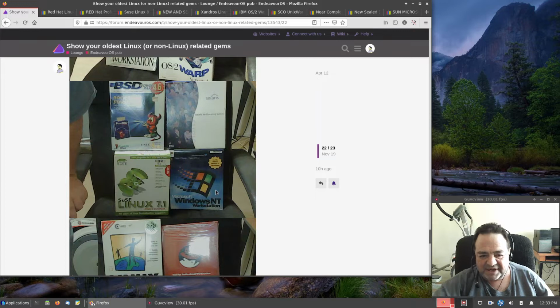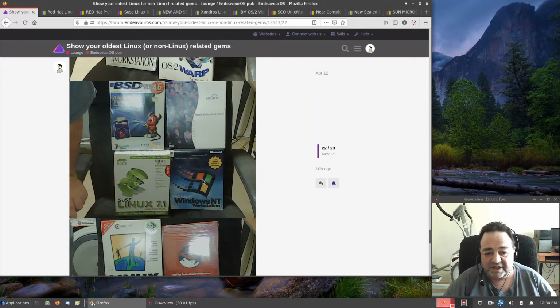Here's a box set of Windows NT 4.0. Now, I had originally purchased this in an academic computer store when I worked for a university, and I was able to get it for 50 bucks. Now, I have since bought a sealed copy. As I said, I have multiple copies of some of these. I have some that are sealed and duplicates, and these are the working set copies that I would actually use